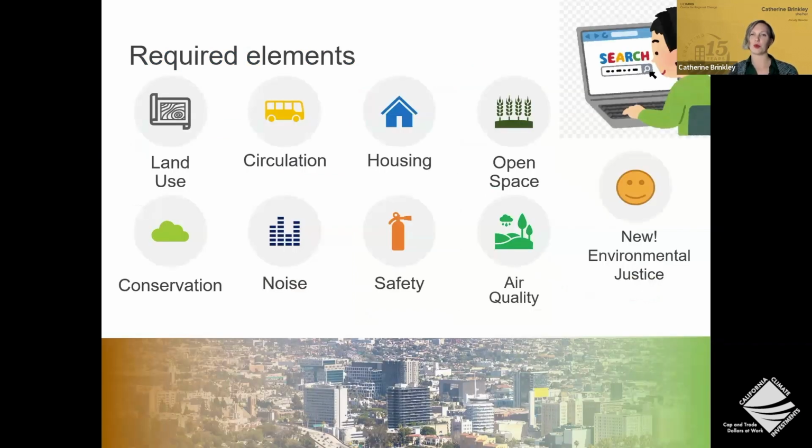General plans are required to address a variety of topics. These are also called chapters or elements. So for example, general plans need to address housing to ensure there's enough housing and enough affordable housing. They also address transportation, which is called circulation, open space, planning for parks and conservation, and air quality in the Central Valley. Recently, there was a mandate by the state to address environmental justice. And this policy is meant to ensure that new development doesn't burden already disadvantaged communities. So as plans are updated, they will also need to address environmental justice in their updates.